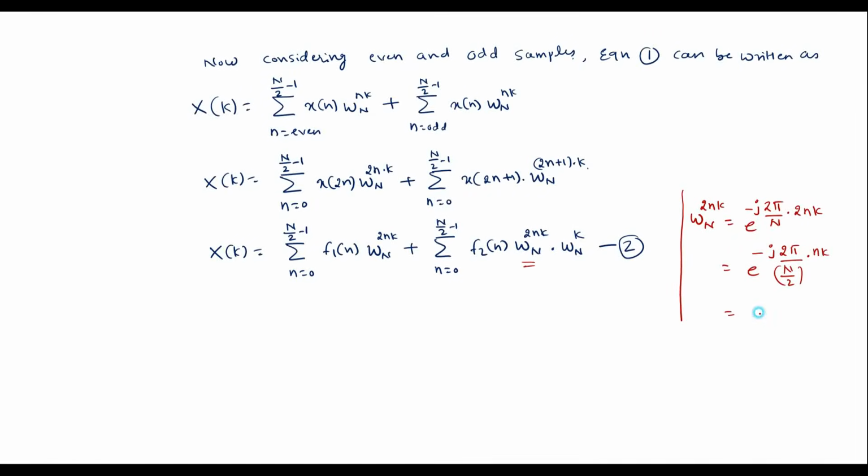Here W_N is the N point DFT, and here we have N by 2, so it is an N by 2 point DFT. I can represent it as W_{N by 2} power nk. So now equation 2 can be written as